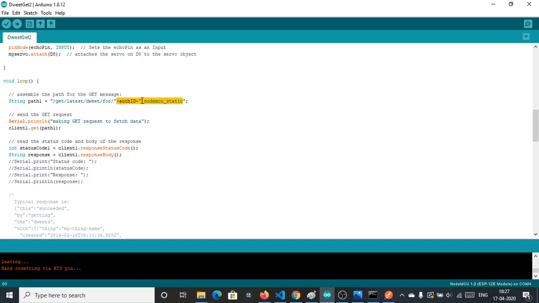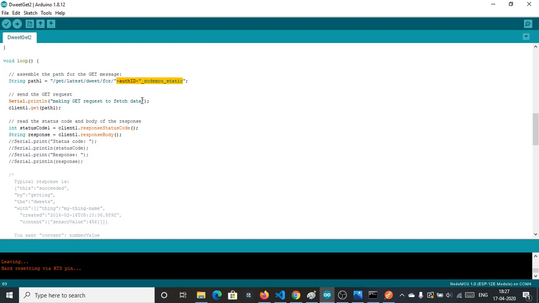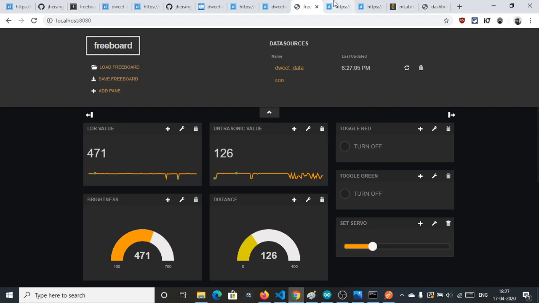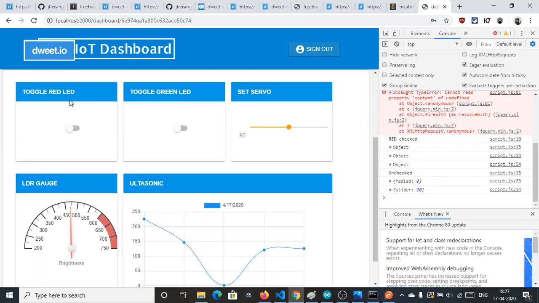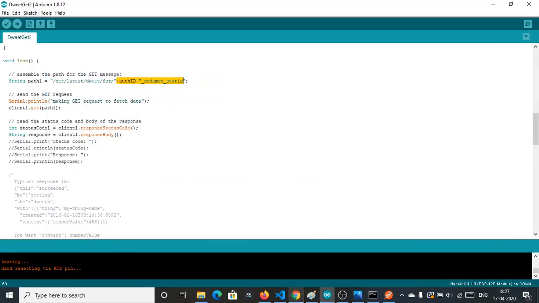So we are basically checking the red LED, green LED and servo. We are doing things on these specific things from these widgets, and we are checking those fields here.